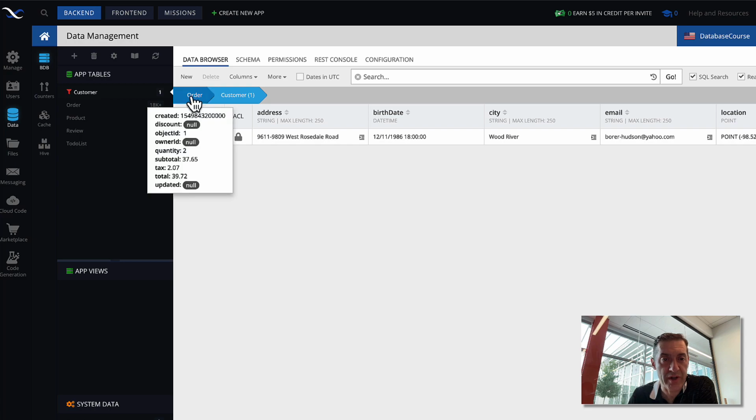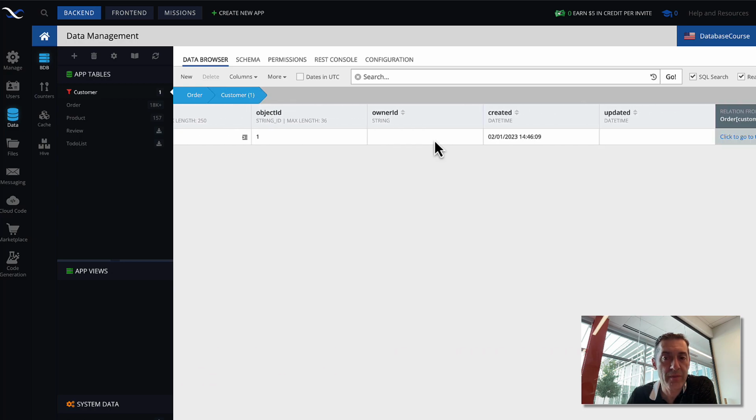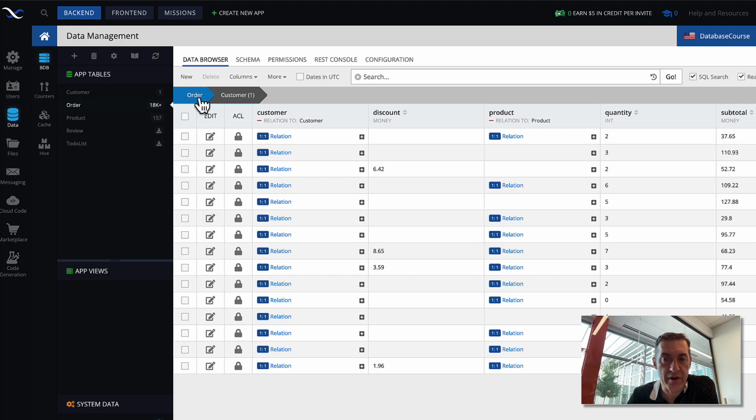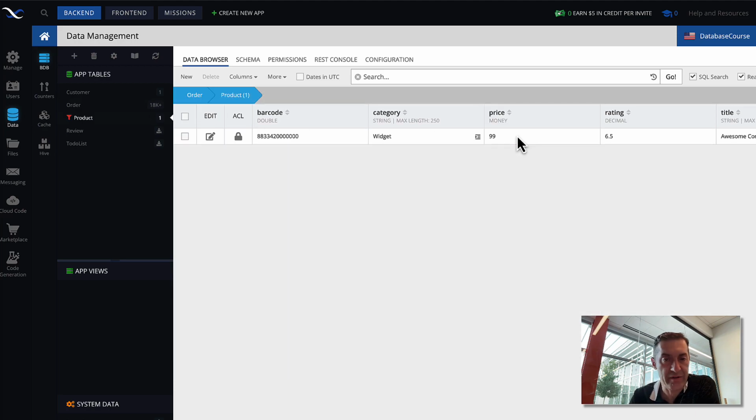And if you move the mouse over here, it will give you a little preview of what that order is, if you just need to refresh the context. And then you'll be looking at the customer here. If there were some additional relations in the customer record, you can continue navigating this, and then the breadcrumbs right here will be building up to give you the full navigational path. Same thing goes for navigating from order to product, because it works exactly the same way.